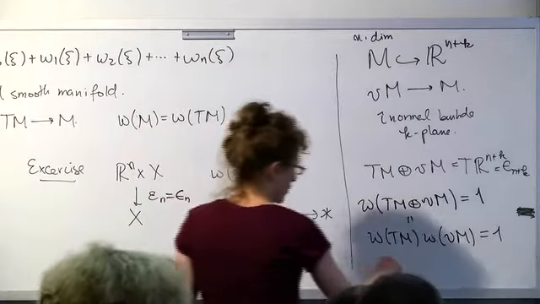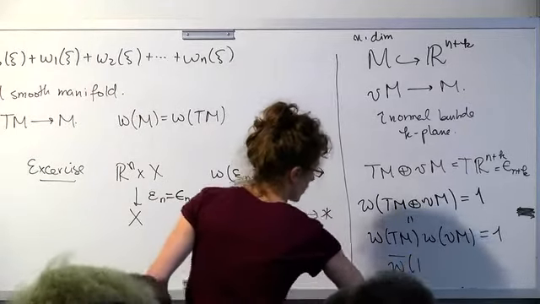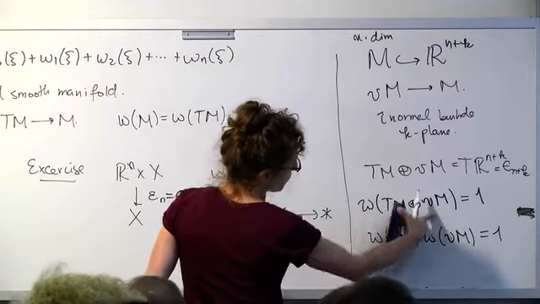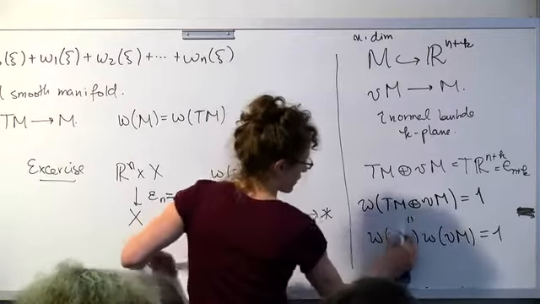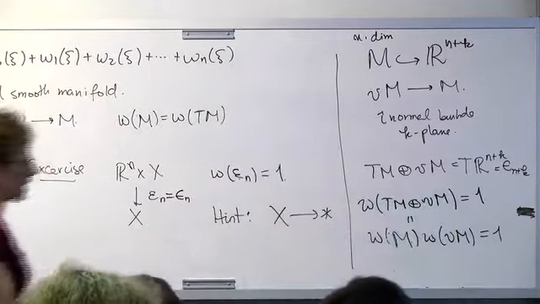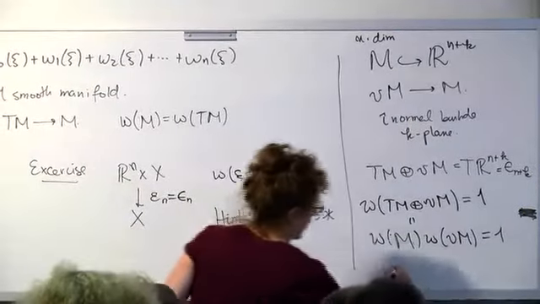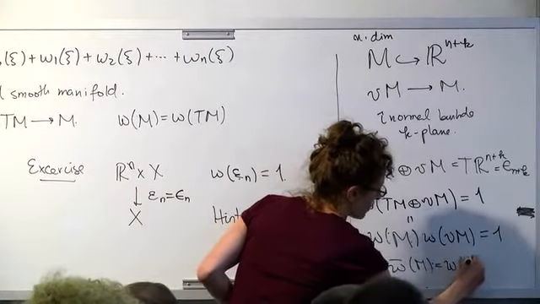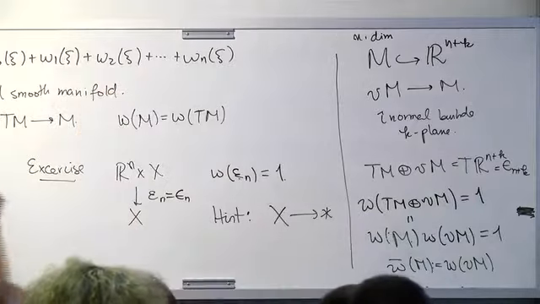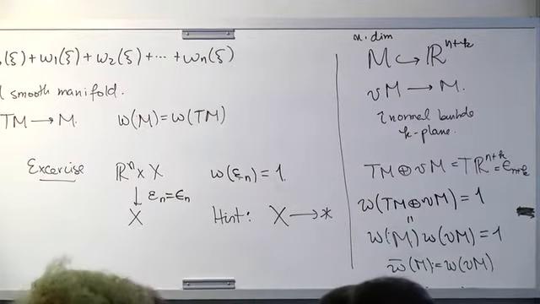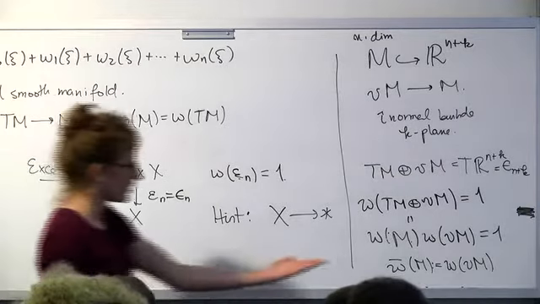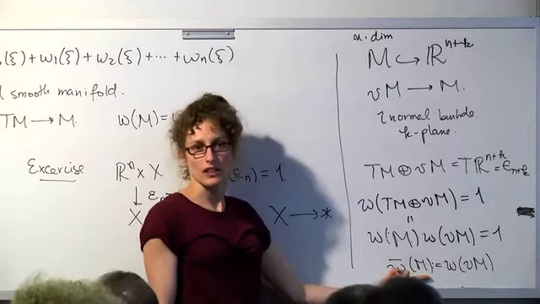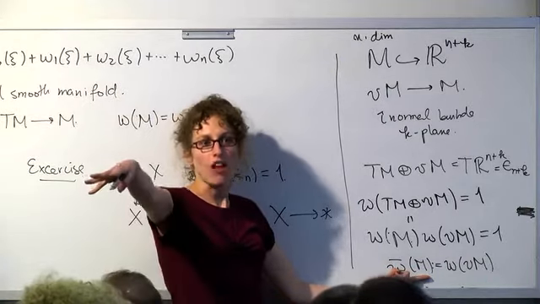And so, I said the total Stiefel-Whitney class of TM plus nu is the product of these, but as I said earlier, if I put the tangent bundle, I'm just going to put the manifold in there. And W bar of M is going to be, by definition, W of the normal bundle for that inclusion, okay? And the way I'm writing it, it looks sort of like it's independent of the nu, because the left side doesn't depend on the embedding. But if you pick k large enough,